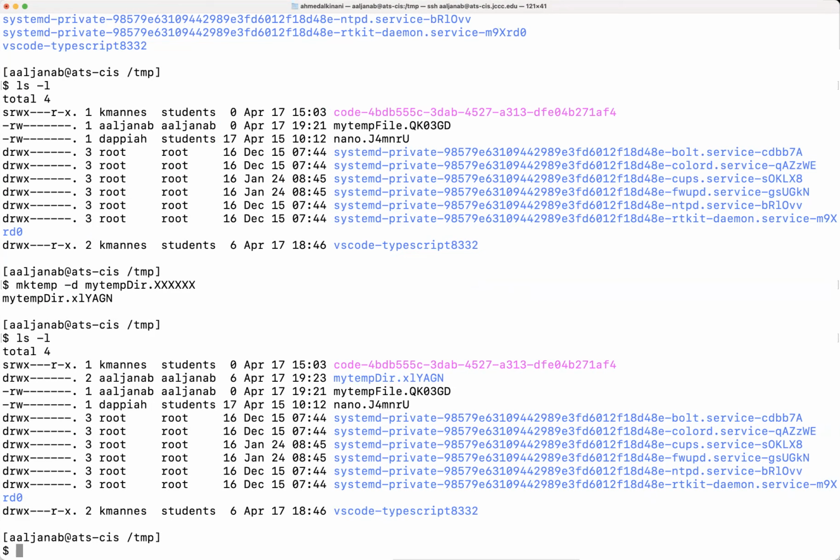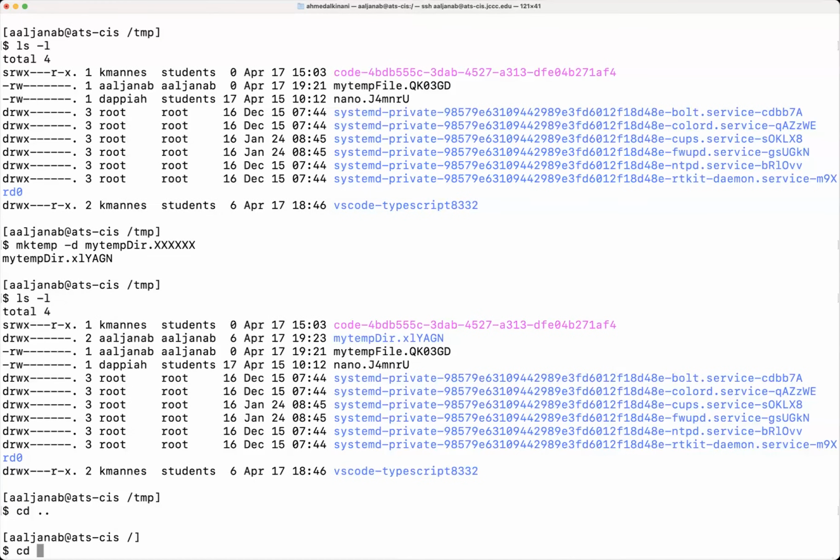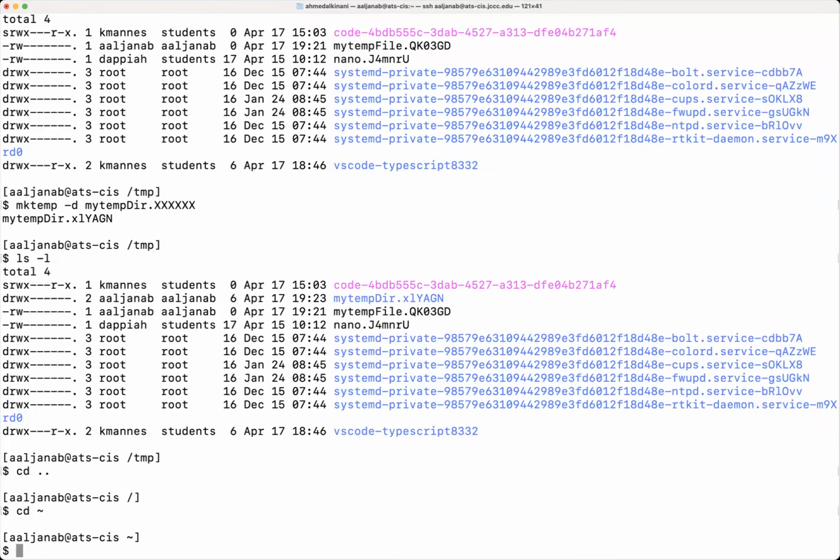We have a command called tee, simply T followed by EE. What is the tee used for? Well, it simply allows you to show the results on the screen and redirect it to a file at the same time. So previously, you had two choices. Either you show it on the screen or you direct it to a file. But with tee, you can actually do both. So let's just exit, get out of this folder, and let me navigate to my original home directory.